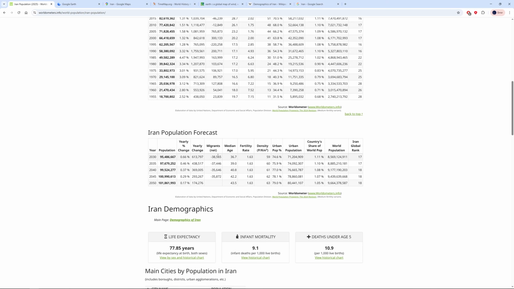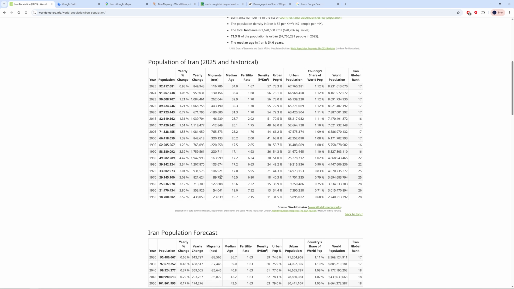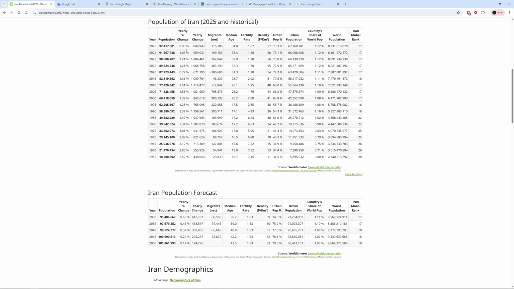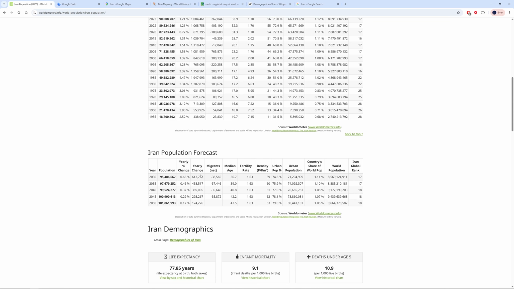Migrants, they say, are going to be on the minus from now. So they go from this year to minus 116,000 people. In 2030, they're going to stay pretty much at minus 35,000 people. So a huge change in that, which is going to affect them a bit. And you can see the change is going to go down and down, and probably even by 2050 I think they're actually going to register a decrease in population.